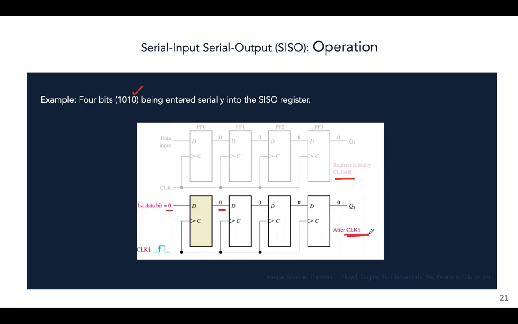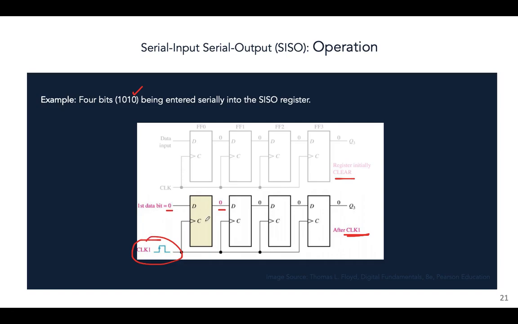After the first clock pulse. So I said earlier, it's important to understand the register just doesn't work unless there is a clock pulse. So all of the operation, all the shifting, everything is controlled by the clock. So on the first rising edge of the clock, that is the first clock pulse, the first bit is shifted